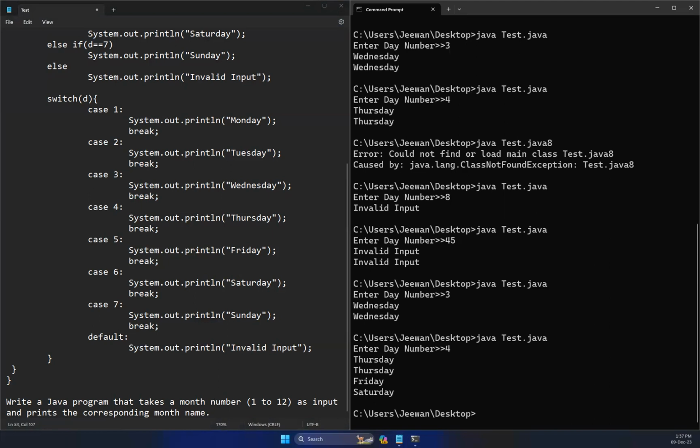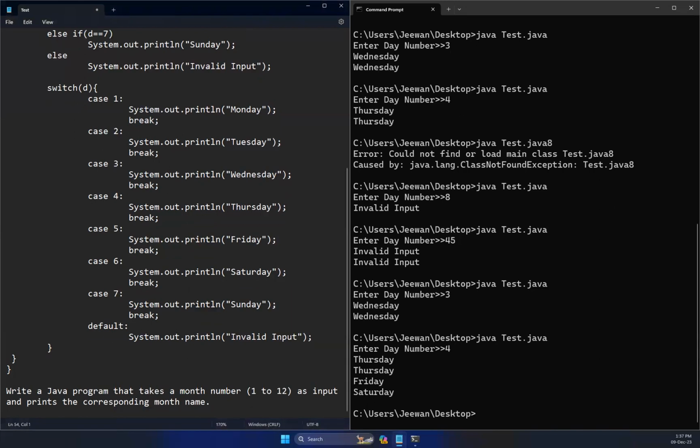And also, implement a calculator using a switch statement. You ask the user to enter the operator and you check the operator. If it is the plus operator, you perform the addition and you send the output. Likewise,